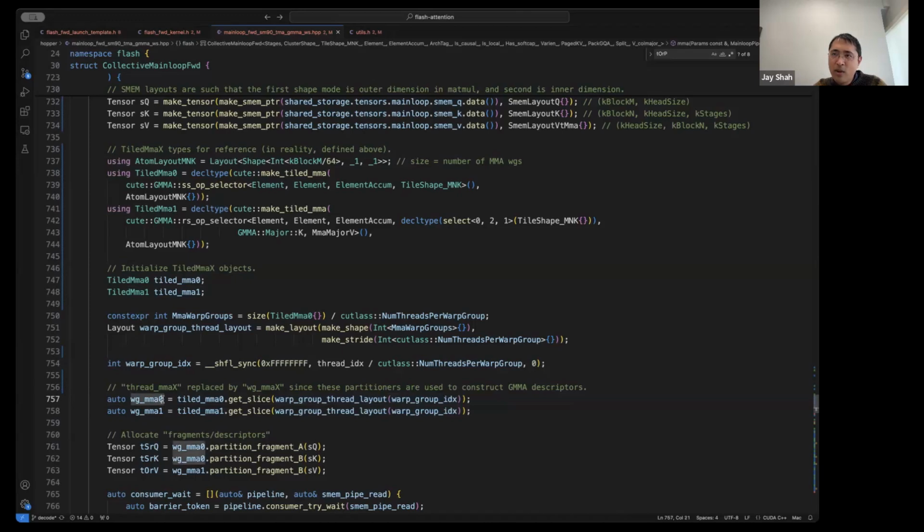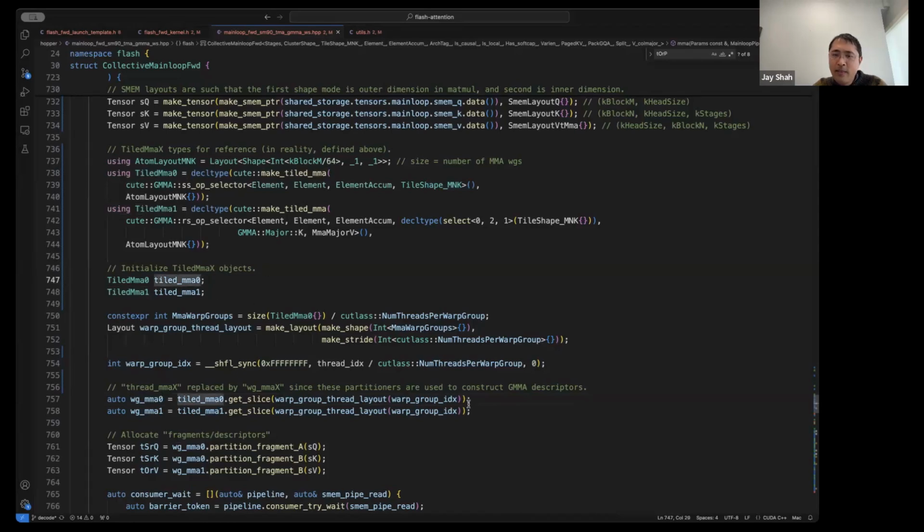In the CUTLASS GEMM kernel, you might instead of WGMMA see thread MMA, so these could also be thread-wise slices of the tiled MMA objects. But that's the general CUTLASS paradigm. You have your tiled MMA type, and that can just be defined at compile time.